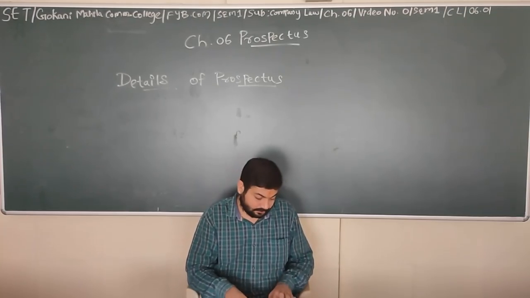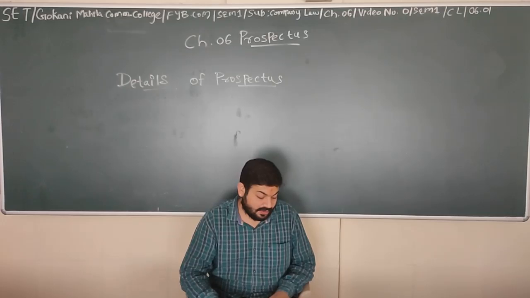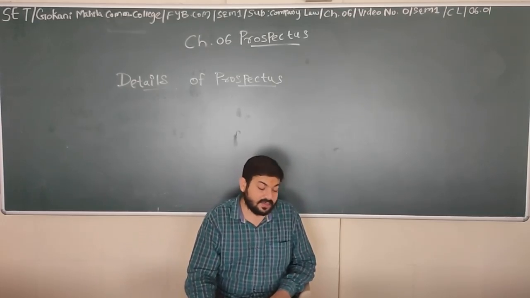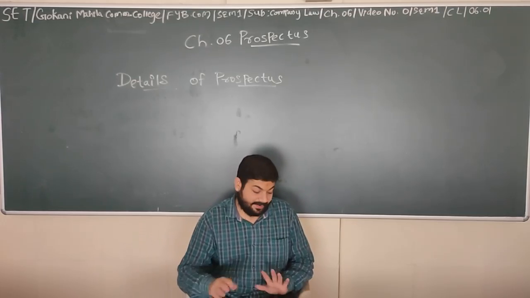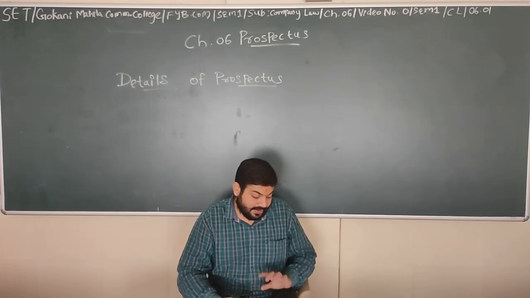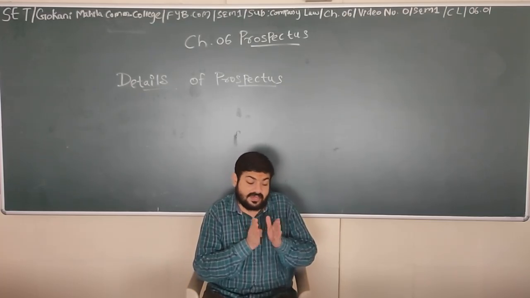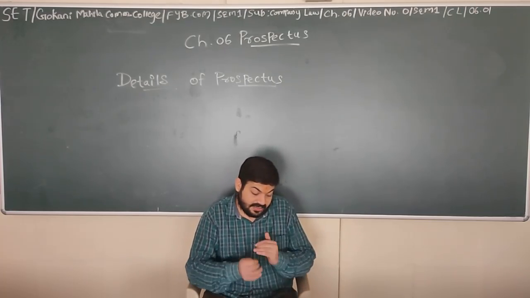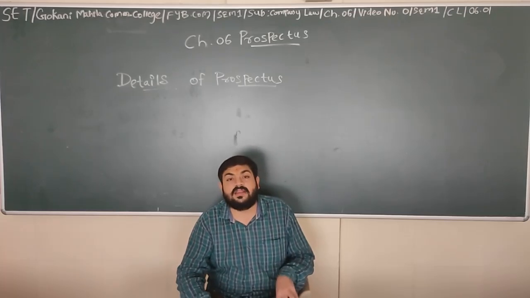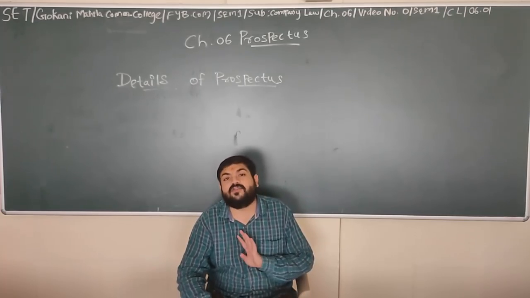Section 1, details for the newly incorporated company. Number 2, details of the company having its running business. Number 3, necessary reports. And number 4, share application. So number 1, details of the newly incorporated company. If it is a new company, details will be different. If it is a running business, it will be different. Reports will be included, that will be seen in the 3rd part, and share application to be included for the prospectus, that will be seen in the 4th part.